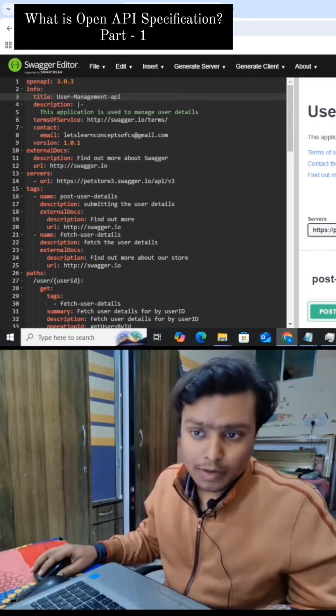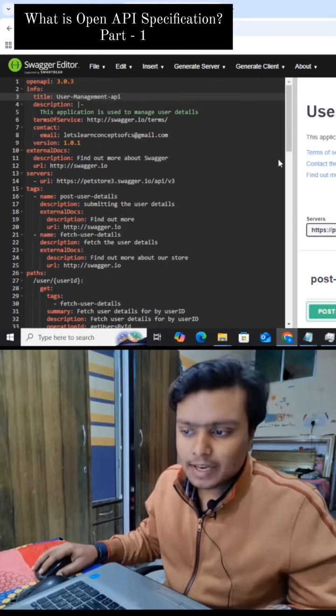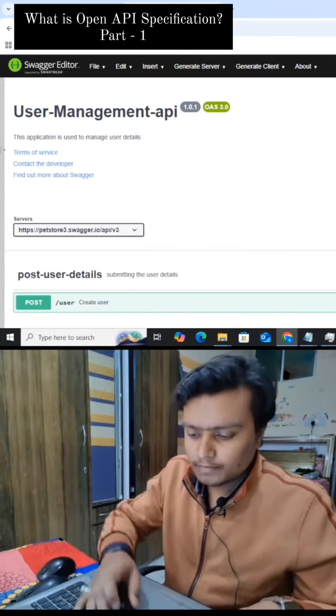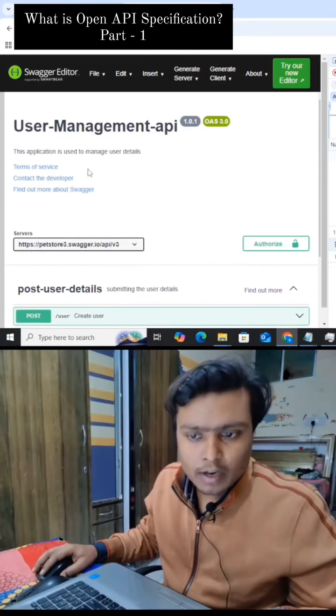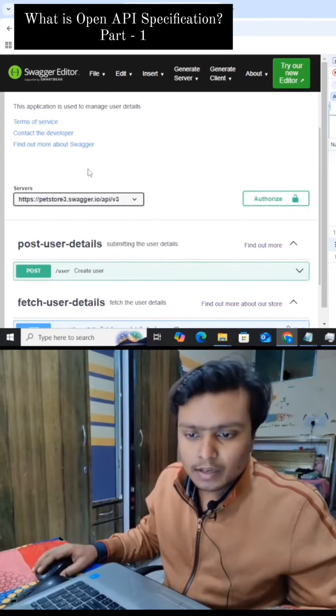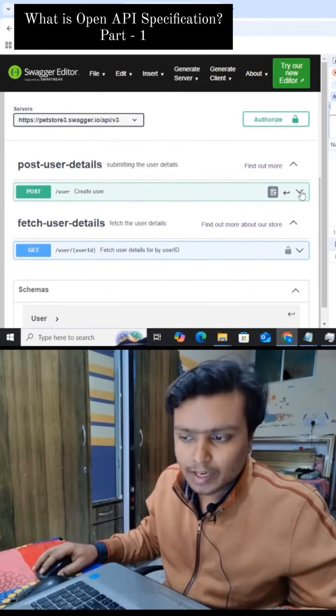You can go to editor.swagger.io and this kind of page will open, where this YAML will be generating this kind of document. If I show you here, this kind of document will be generated out of this YAML. If you see here, I can see the name of my API, what kind of API it is, a GET or POST API,